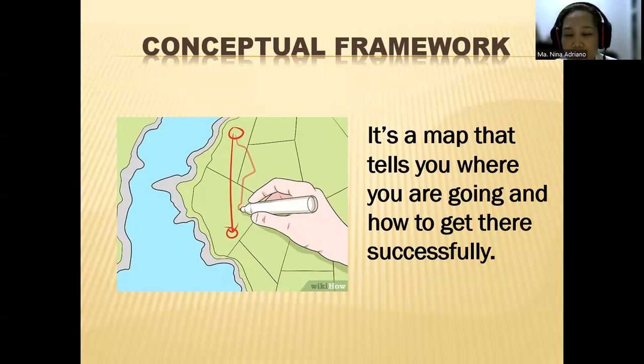If I want to know the variables of your study, I would just go and look at the conceptual framework. And usually what you will find there are boxes, arrows, or lines. And that's basically what a conceptual framework is. It's like a map that points you to where you are going. That's why you have the lines and arrows there.